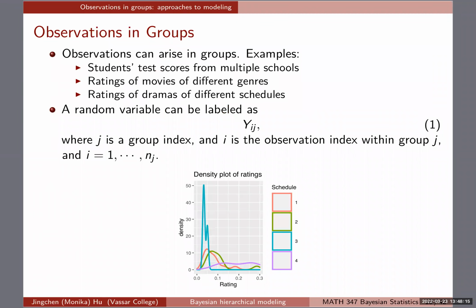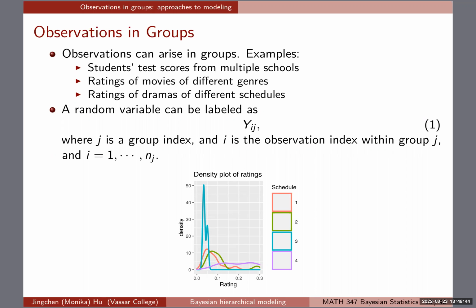All right, so observations can arise in groups. An example is what we saw here about the ratings of dramas of different schedules. So the group is the scheduling itself. We can also consider students' test scores from multiple schools. So that's where the school is the grouping level. And then ratings of movies of different genres, that's just another example. And I think if you look, many cases become observations in groups that are pretty common